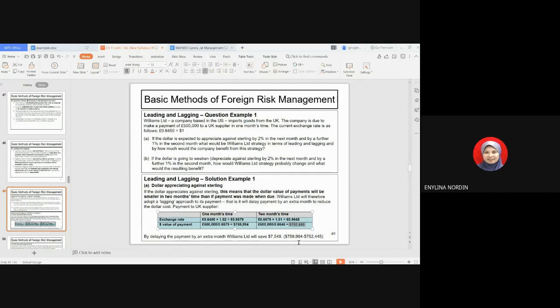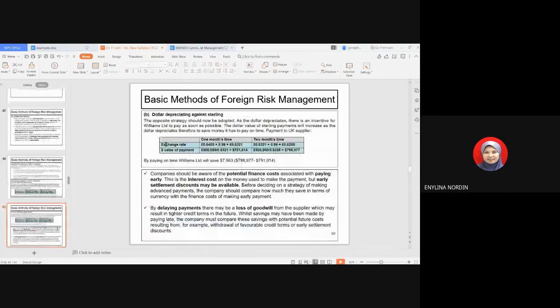It's the difference between this amount and this amount. In the next situation, what kind of strategy will William Limited implement here,